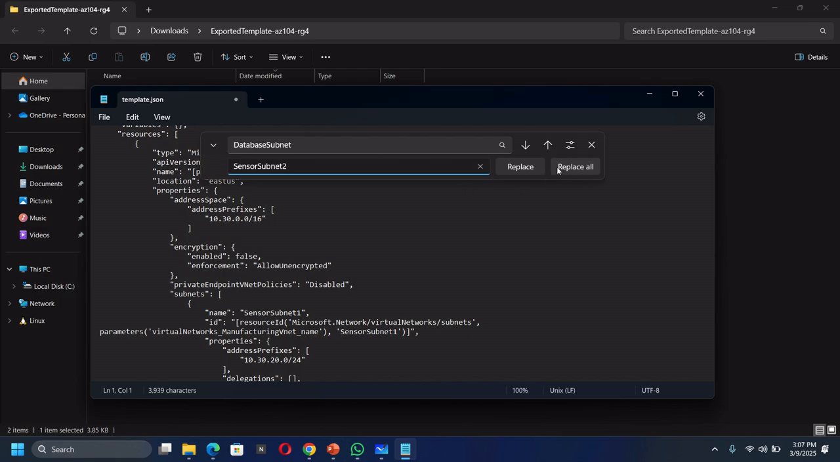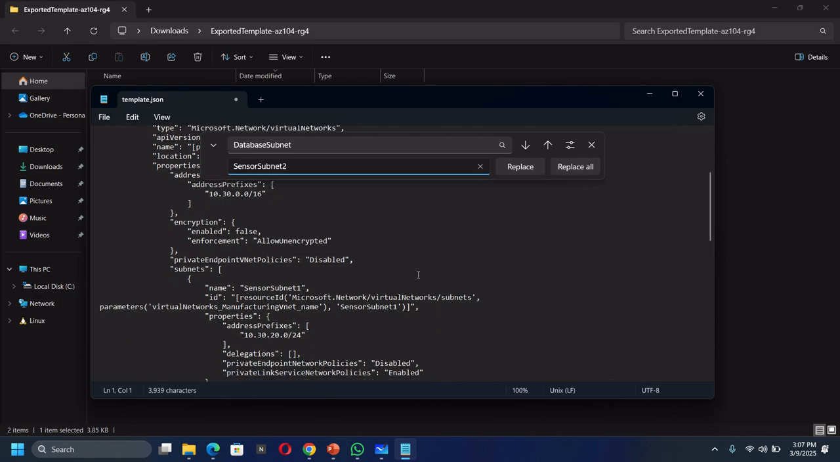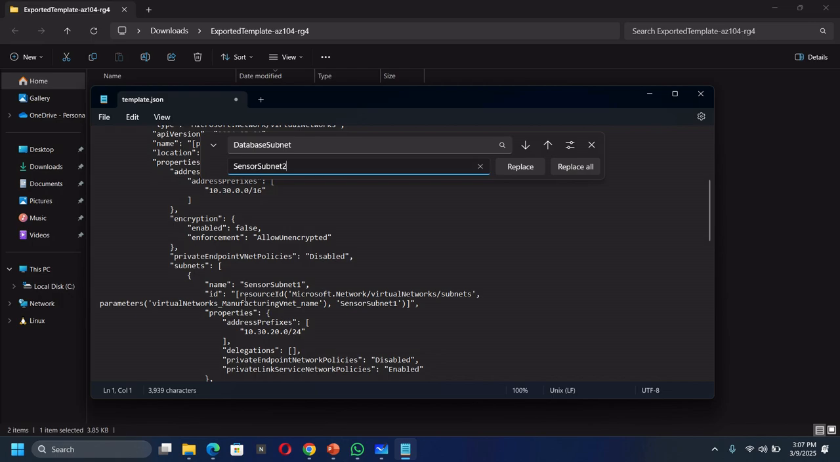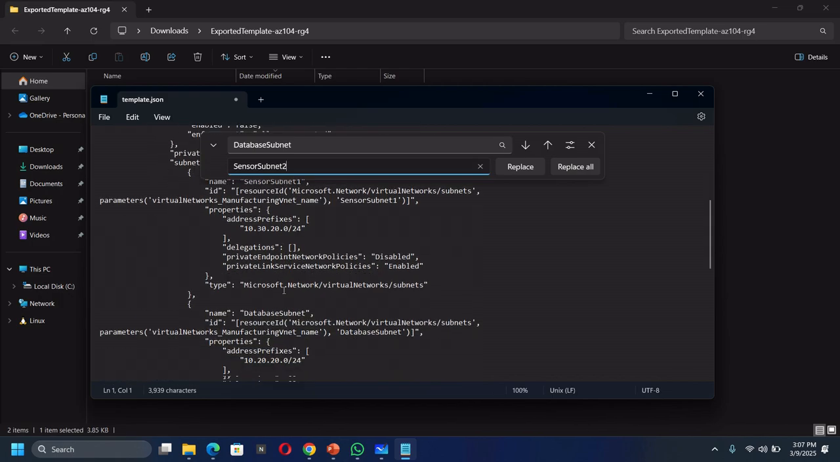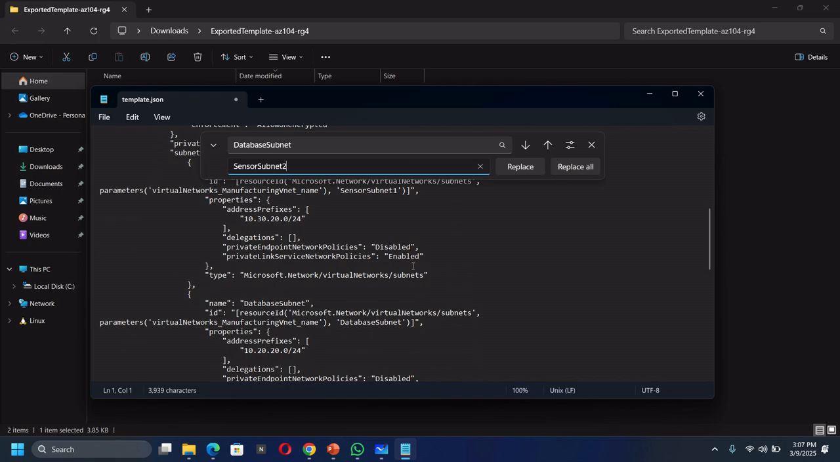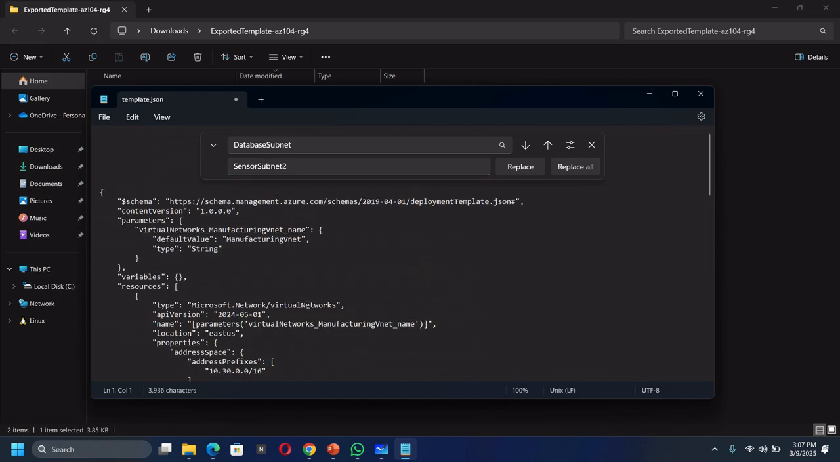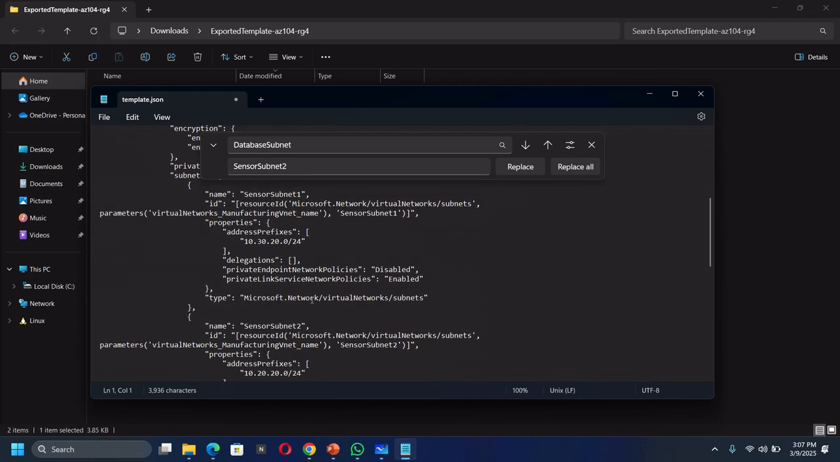Sensor subnet 2, and I'll click replace all. This is what I'm looking for, database subnet. So I'm going to use replace all so that I can now have sensor subnet 1 and sensor subnet 2. The IP address for that database subnet was